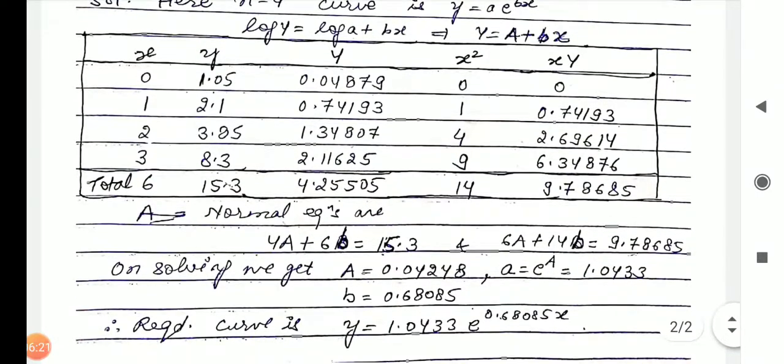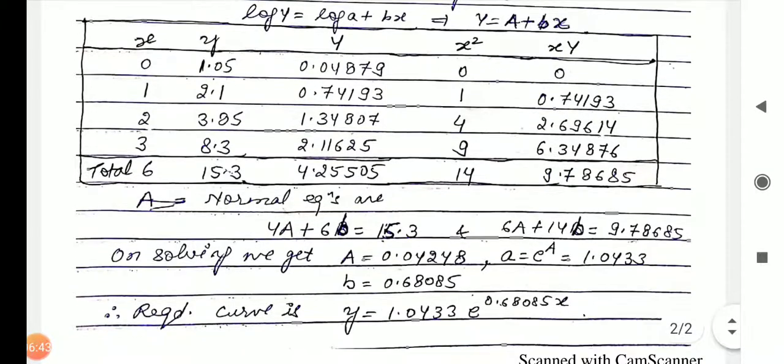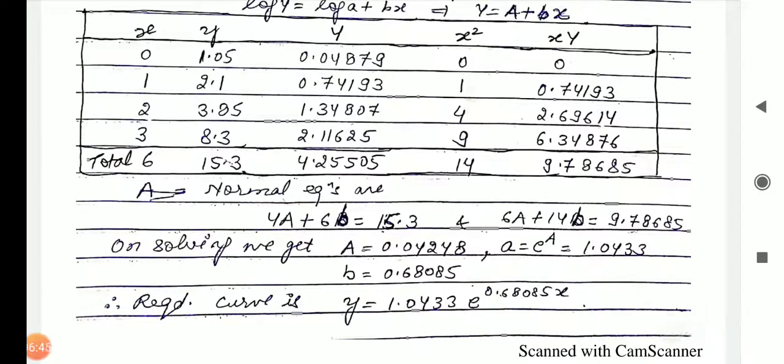Normal equations we have written, it is again n times a plus b times summation x is equals to summation y, and it is a times summation x plus b times summation x square is equals to summation of xy. We have substituted the values in the normal equations. On solving we get capital A is equals to